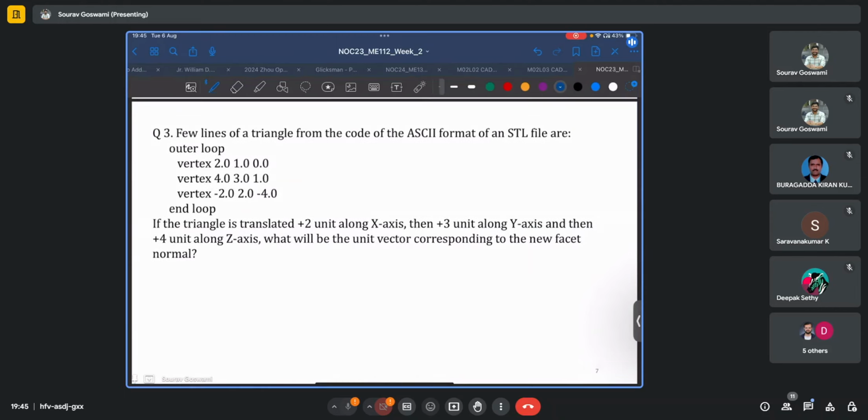Again, we have the same triangle, but in this case, the triangle is translated plus 2 unit along the x-axis, plus 3 unit along the y-axis, and then plus 4 unit along the z-axis. And we are to find the unit vector corresponding to the new facet normal. Now, this may look like a lot of work, but the funny thing is, all we should remember is that